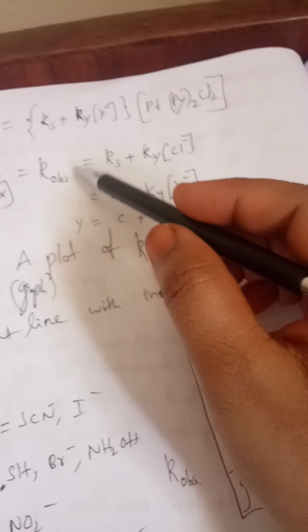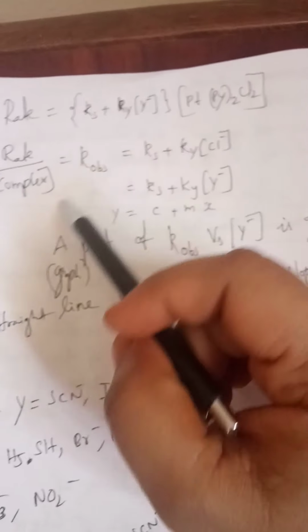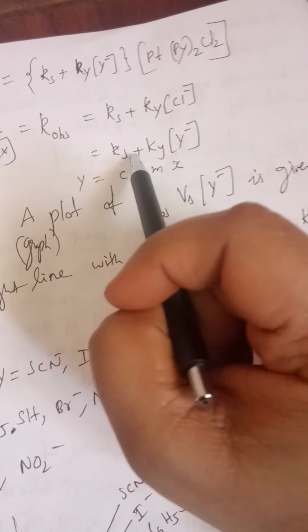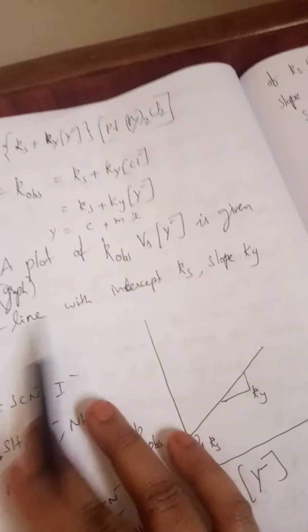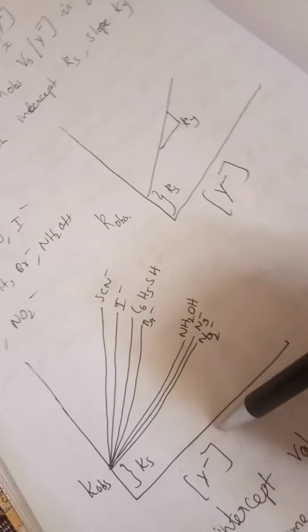So the rate is equal to the complex concentration into Ks plus Ky times the Y minus concentration. Rate divided by complex concentration is K observed, which equals Ks plus Ky times the concentration of Y minus. So it is a y equals mx plus c pattern. We get Ks as the intercept and Ky as the slope. In the case of Y, we get more types of ligands. Again, we observed different slopes, like positive slopes and negative slopes. So here